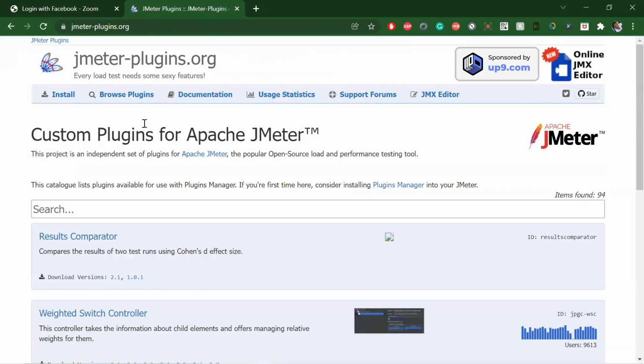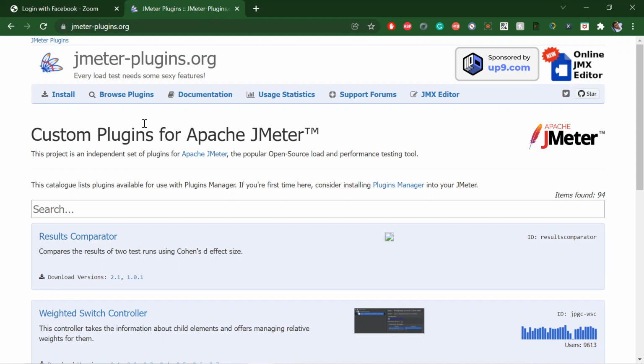So these versions are coming from these kinds of requirements, from people who have contributed or people who are giving suggestions to the JMeter team. So you will get a lot of very advanced components from these plugins only. So it's always advisable to use JMeter plugins.